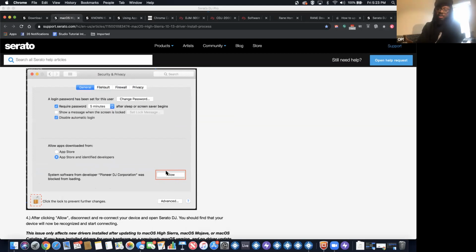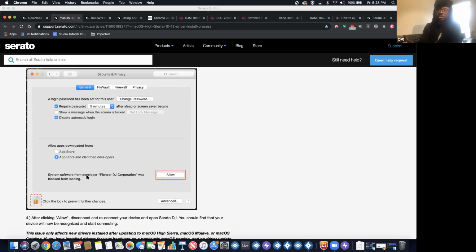If you don't press allow right here, the installation is going to continue on and finish, but the driver won't talk to Serato until you go back and allow this to happen. This is a super, super important point, because I get phone calls all the time from people saying, "I installed the driver." This is a big pain in the ass. That's Apple locking you out because, like I said, you're in charge, but they think they're in charge, and it's just screwing us over. So please make sure that you go here to allow the driver to be installed.